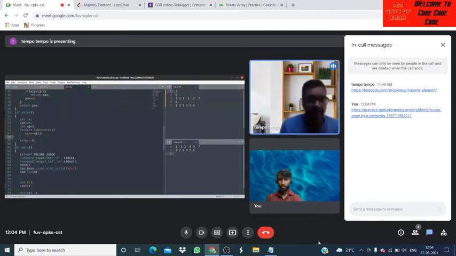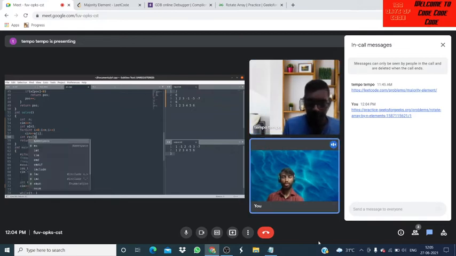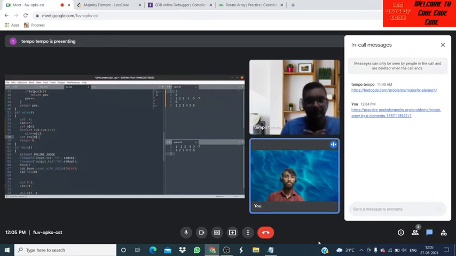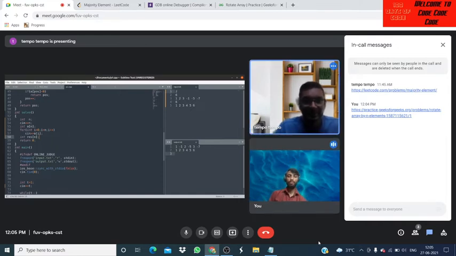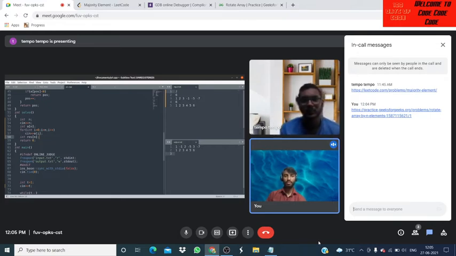I take the elements and I have to rotate it, right? For that, I'll create a result array. You first have to tell the approach. Don't jump directly to the code. This is a bad habit. You think your approach in your mind. First you have to express your approach to the interviewer. Otherwise, they think that you will just remember the question and you actually don't get the point. Okay, yeah, I got that.